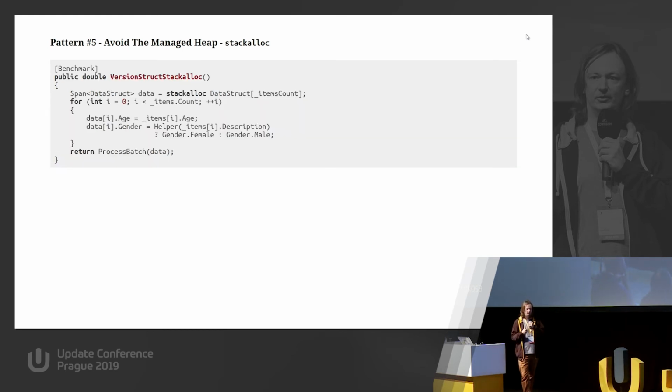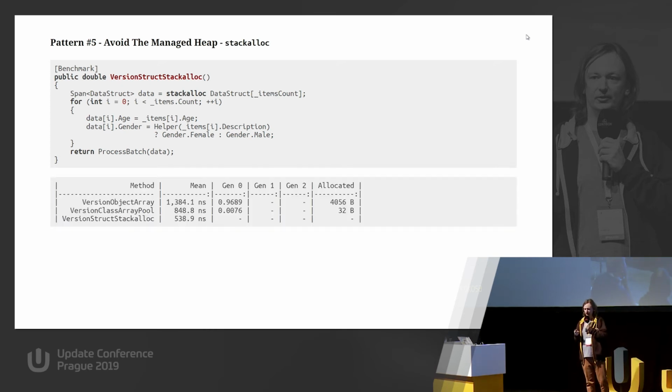Going back to our example, now we are using stackalloc for our temporary data, so no array from the pool, just the data on the stack, with some quite risky code here, because we are just allocating as many struct items as the provided items count. We don't even know how big this data structure will be, so probably someday we will be killed by the stack overflow exception, but still, this is only for example purposes, so we are stack allocating the whole temporary data on the stack. And again, it is much faster, because